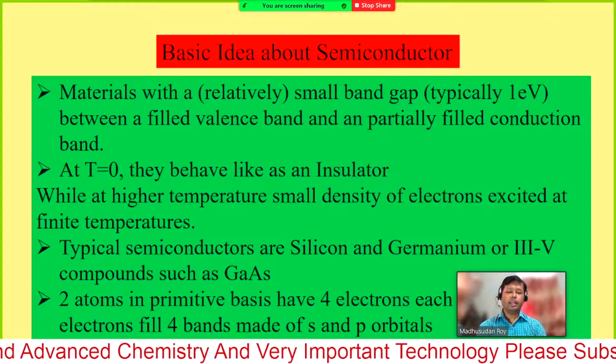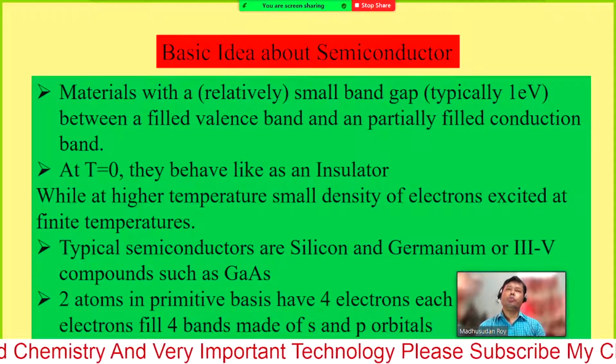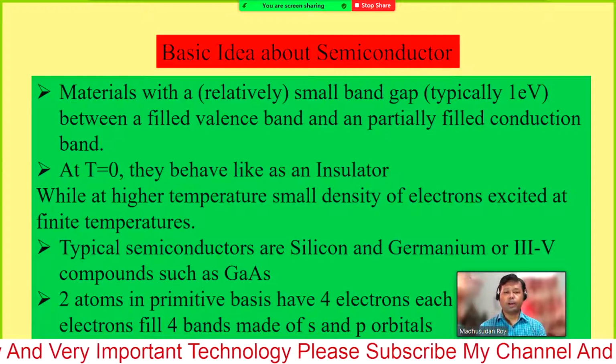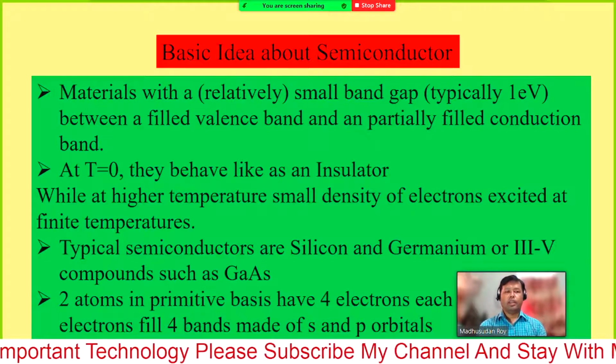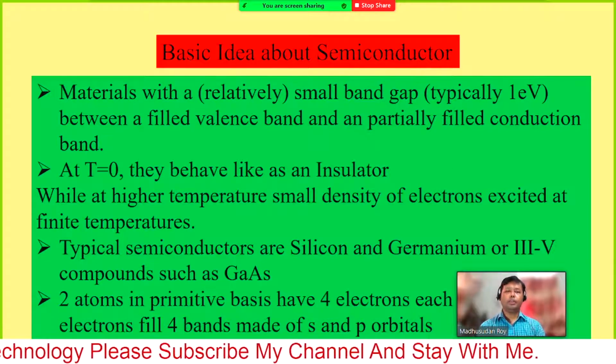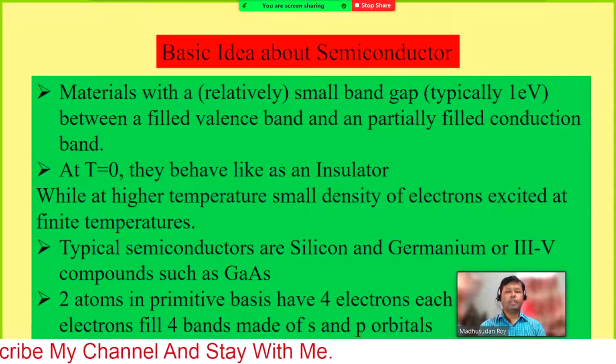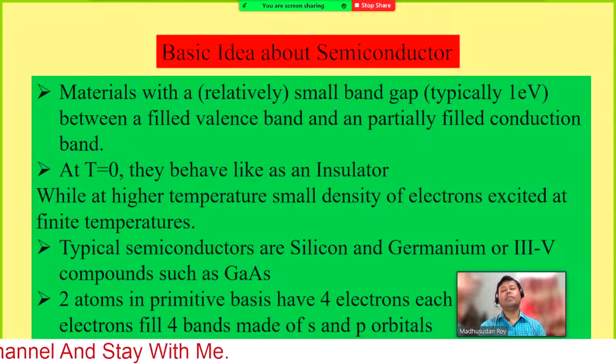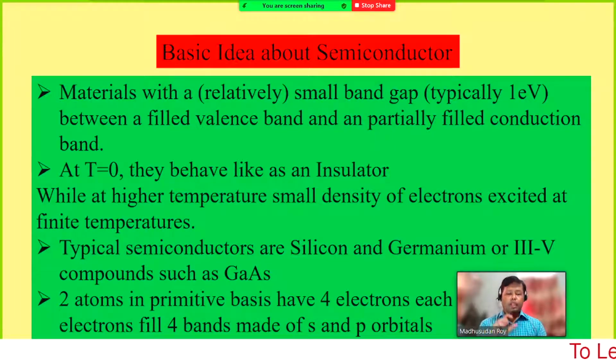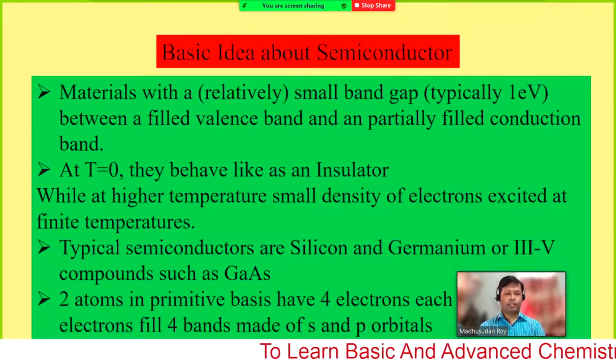Any material in between, if you consider the property or conductivity, if a material has a conductivity in between a metal and a non-metal, in that case we can consider that element as a metalloid or semiconductor. So if we consider the gap between the valence band and the conduction band,